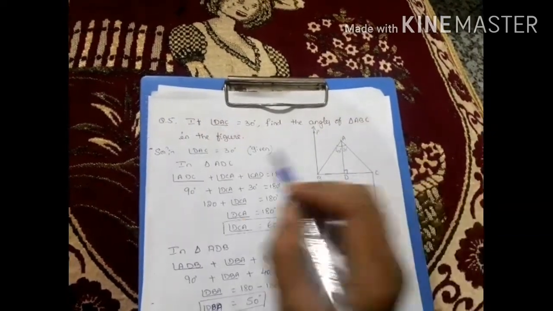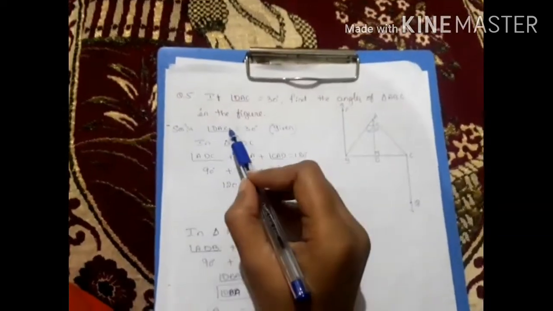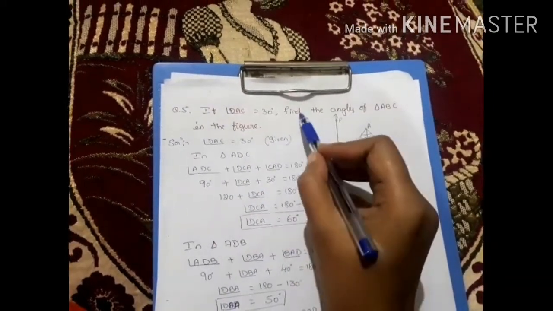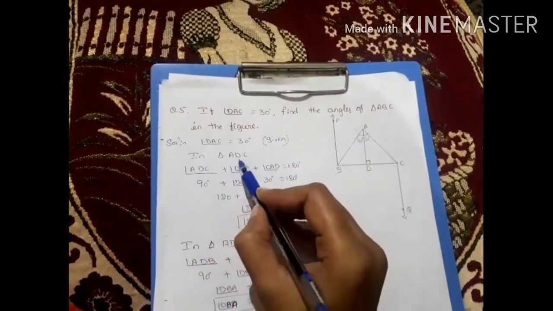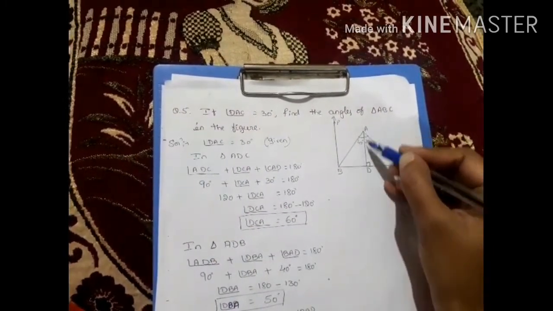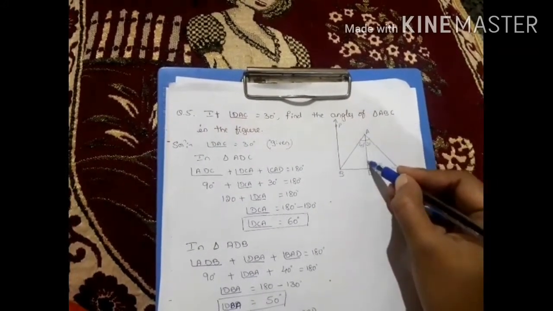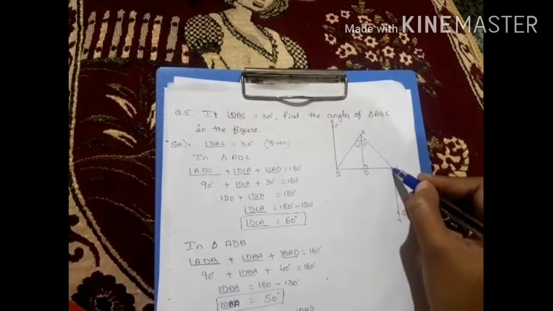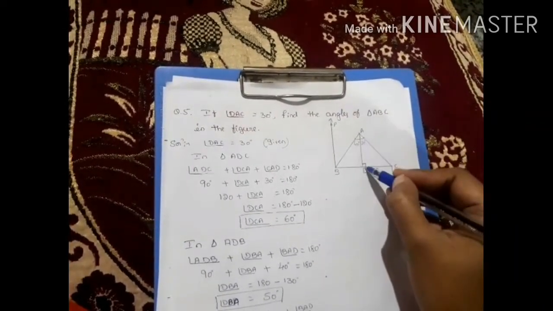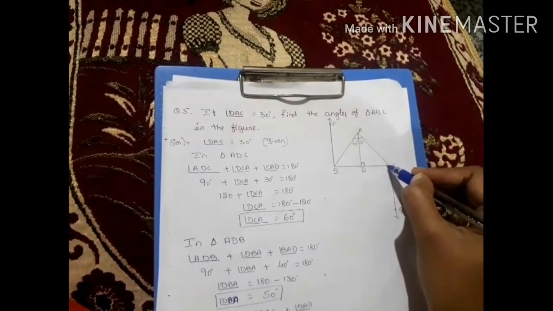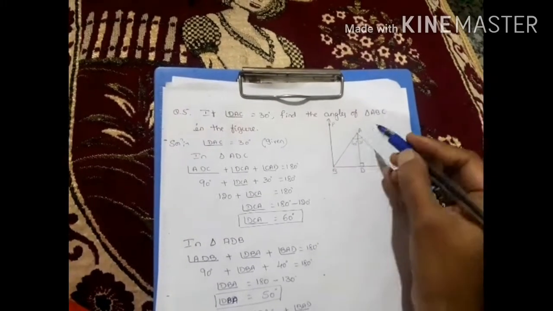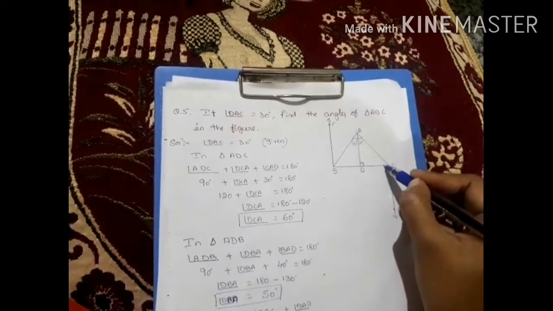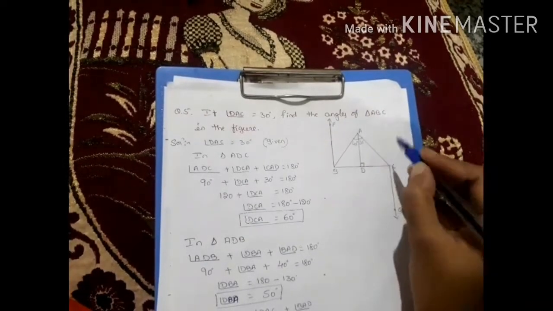angle C. Okay. In the solution, first write down the given angle DAC equal to 30 degrees, which is given in the question. Now consider triangle ADC, this triangle. Only you have to consider triangle ADC. Already we know that in 7th standard we studied the sum of the angles in a triangle is always equal to 180 degrees. Angle sum property applies here. This angle plus this angle and this angle, the sum of these three angles equals 180 degrees.